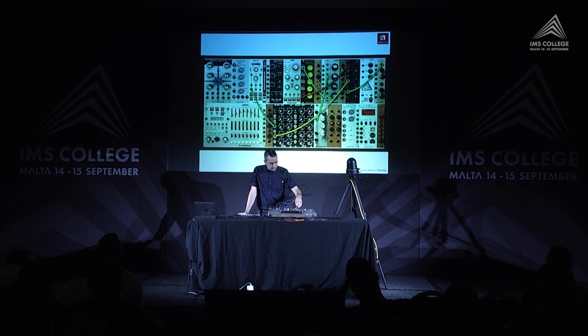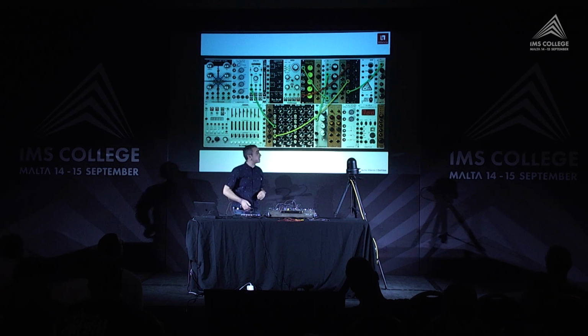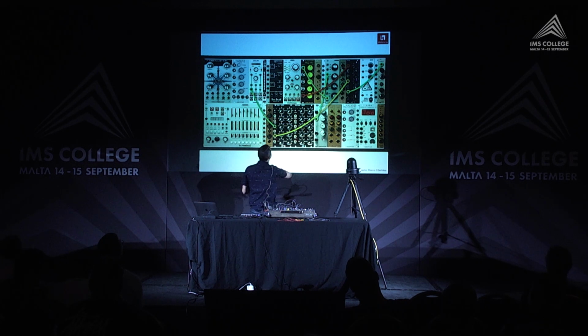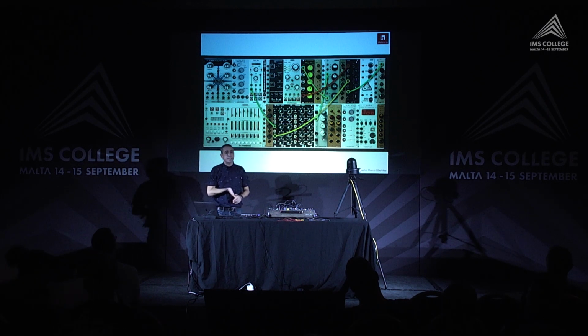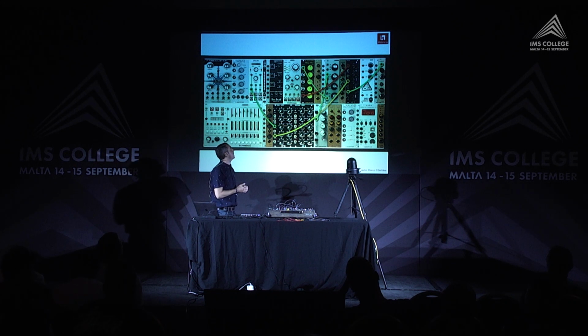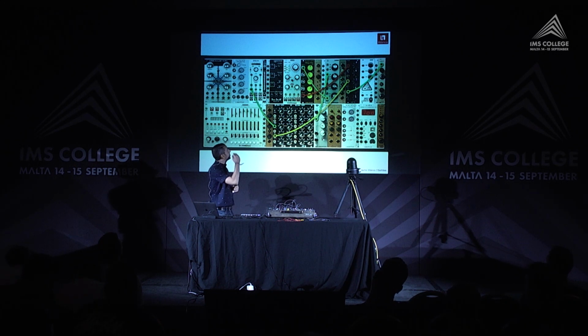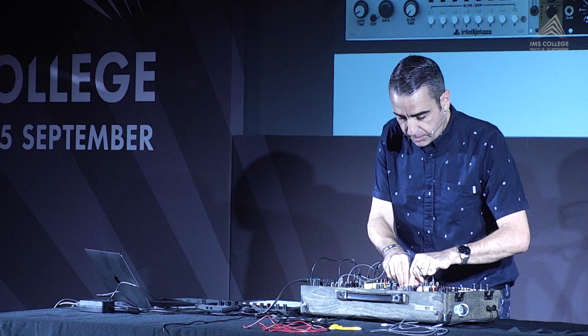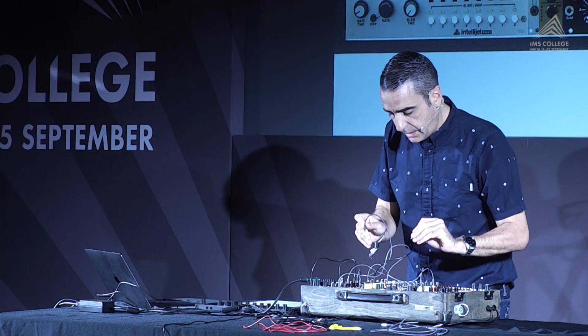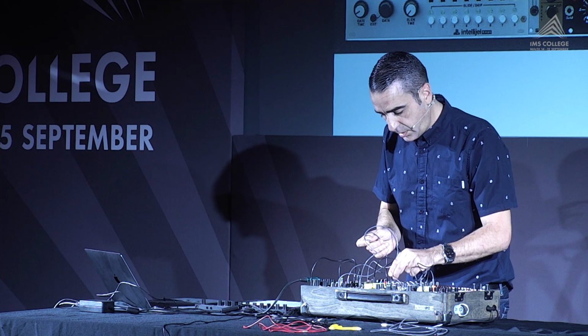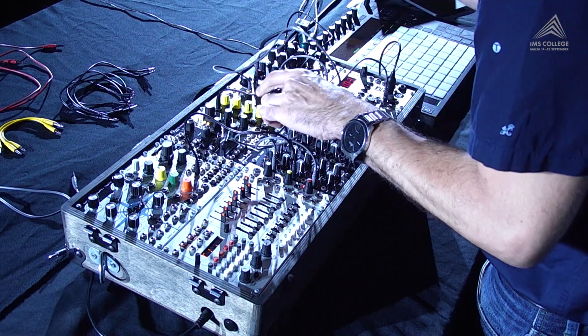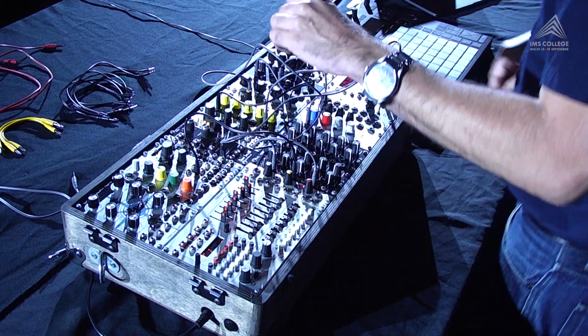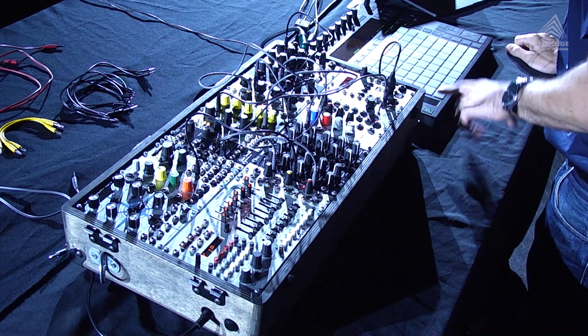Let's continue. Okay, let's change the filter. Instead of using the first filter that we were using in order to design the kick and the snare, which was the Curtis filter by Dave Smith, low-pass filter, now we're going to move to the third one, which is the WASP filter. WASP filter is a combo filter, so we can use it in low pass or in high pass mode. So, simple change. This goes to the input, which is here, audio in. This comes from the output, which is here. Okay, let's give it a listen.